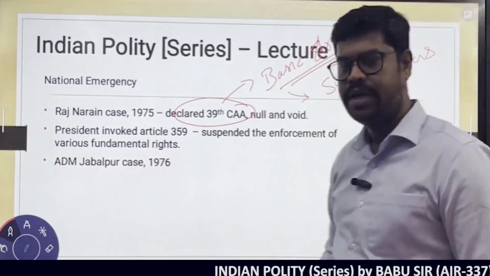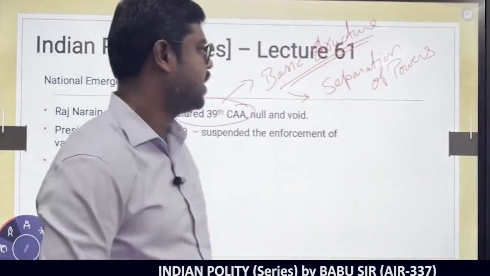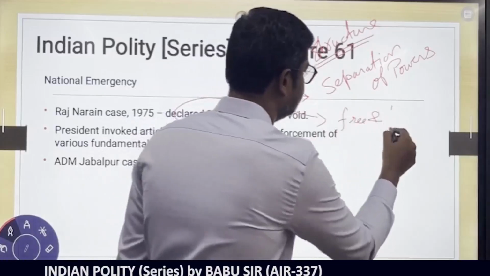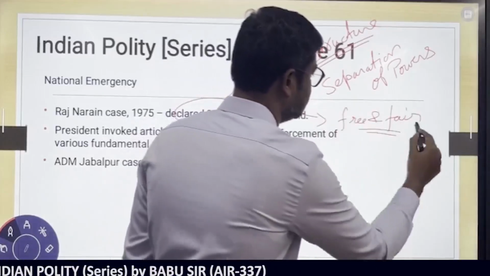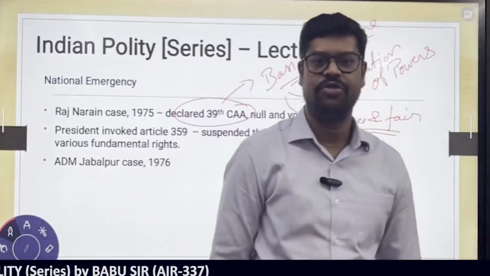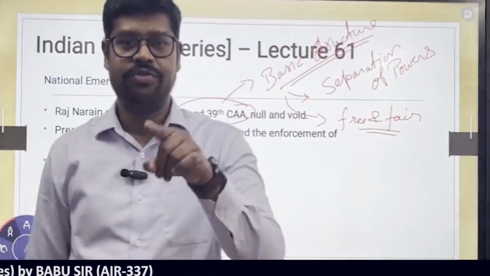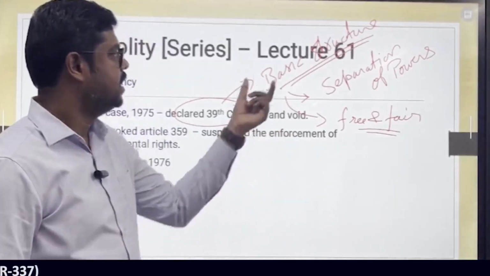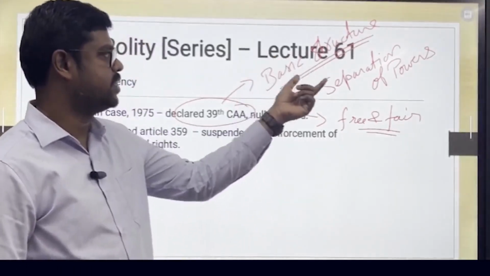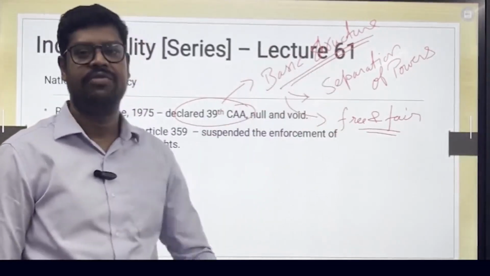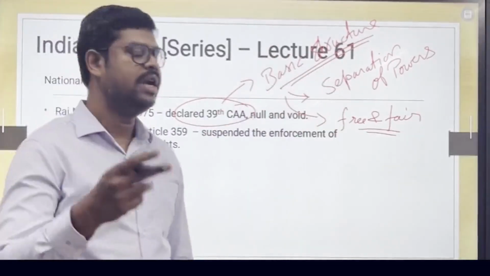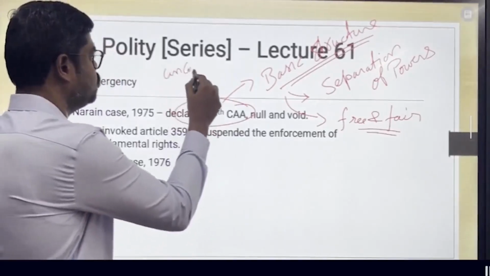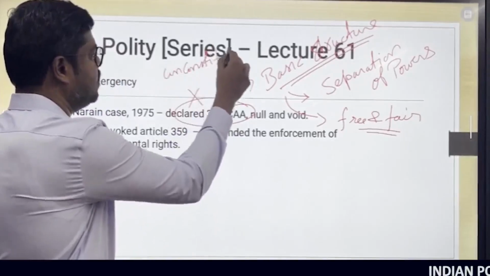You are not only violating separation of powers, and by this amendment, you are also violating the free and fair elections in our country. Free and fair elections is also part of the basic structure of the Constitution, and therefore your constitutional amendment, that is the 39th Constitutional Amendment Act, is violative of two basic structures: one is separation of powers and the other is free and fair elections, and therefore we are declaring this entire 39th Constitutional Amendment Act to be unconstitutional, and therefore this amendment is invalid